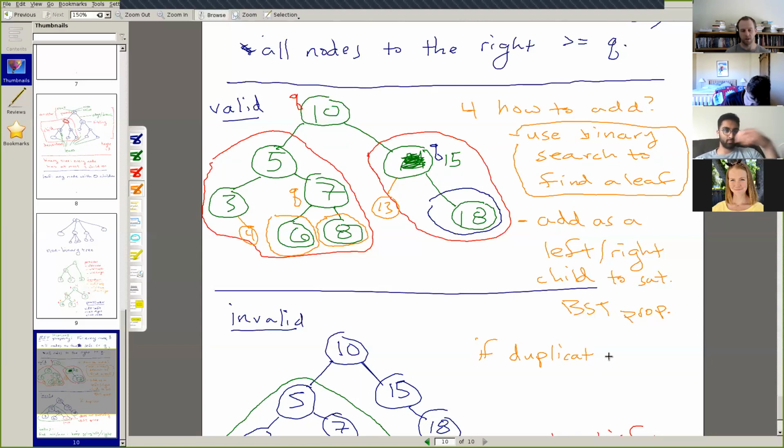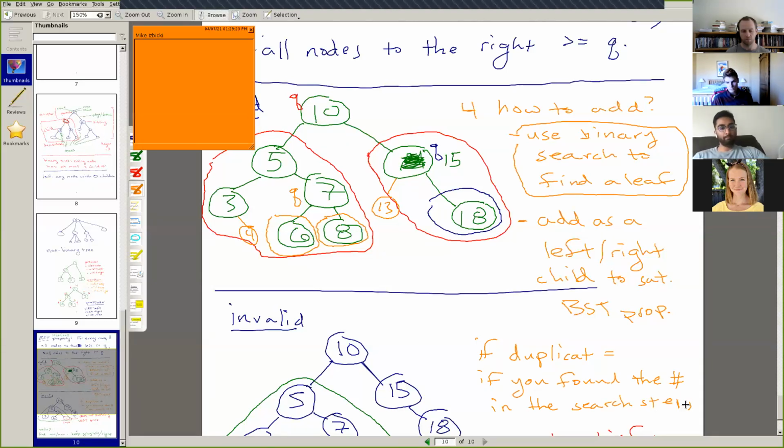So if it's a duplicate, which is equivalent to if you found the number in the search step, then do nothing.